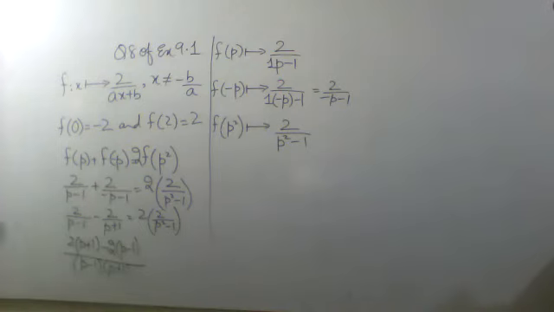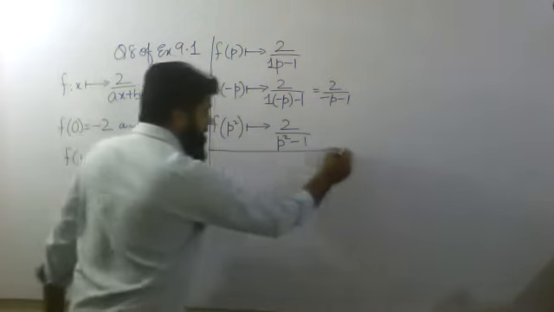One of the ways to take LCM is you multiply this denominator with this numerator and this denominator with this numerator, and after that both denominators will be multiplied together. Okay, so completing it over here,